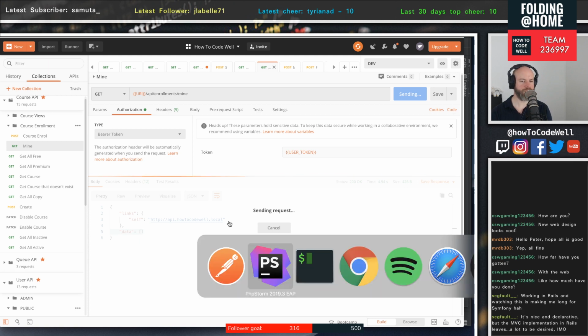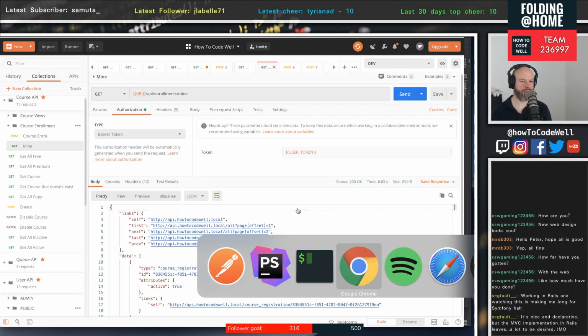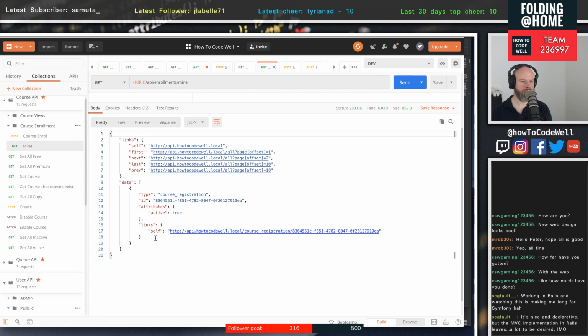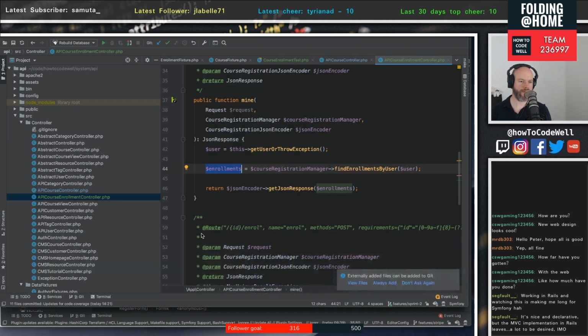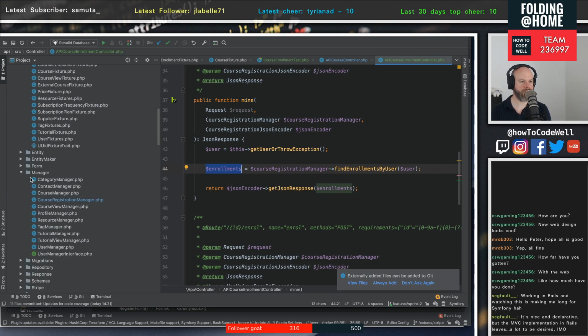Because I'm sure the test said as a free user. There we go. So we got the ID of the course registration. Aha. So what I need now is some more information about the particular course that I've enrolled in. This is just the course registration data. Huh. Okay, so we can do that by going to